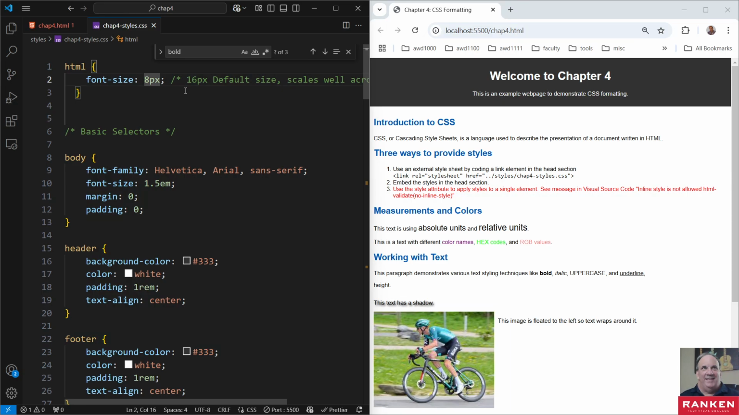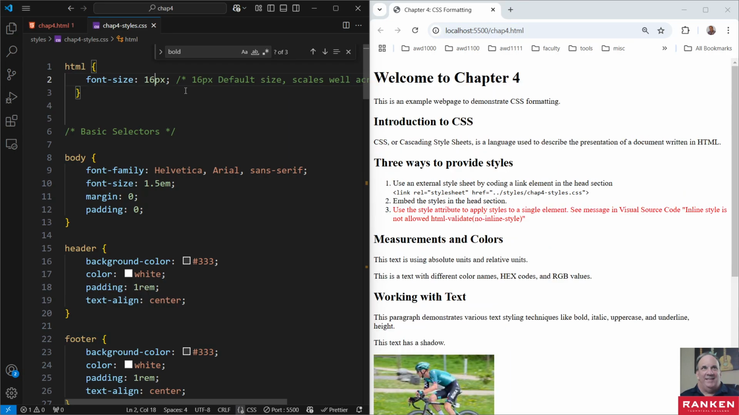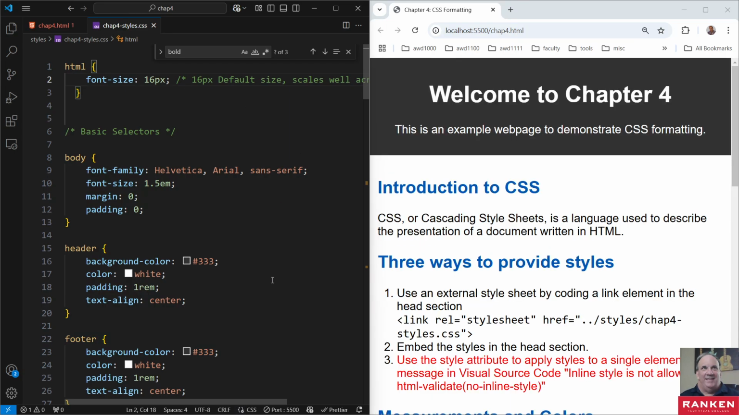Okay. So let's go back to 16 here and we save it. It should reflect right away. And so we're back to that page now. Okay. The next thing here is